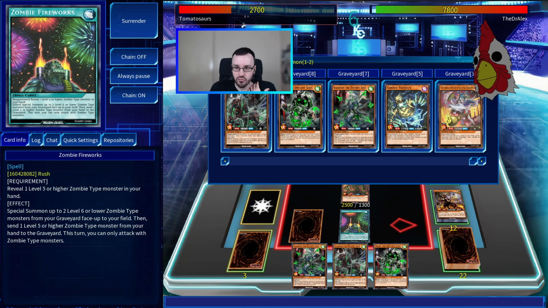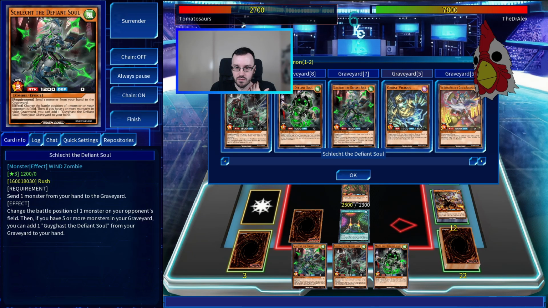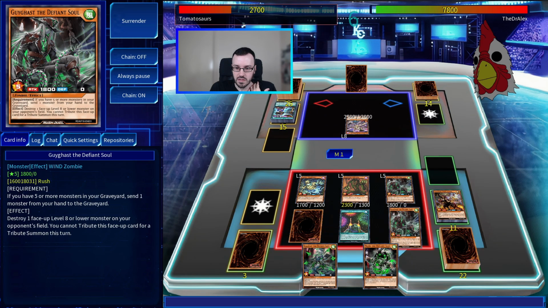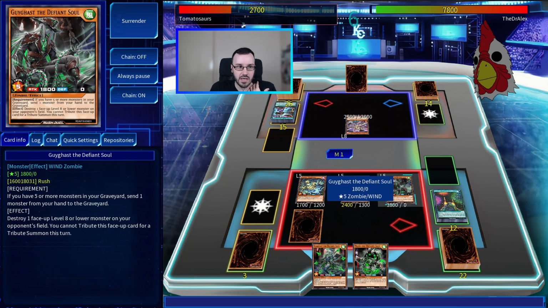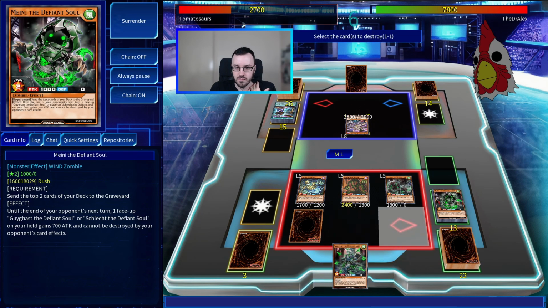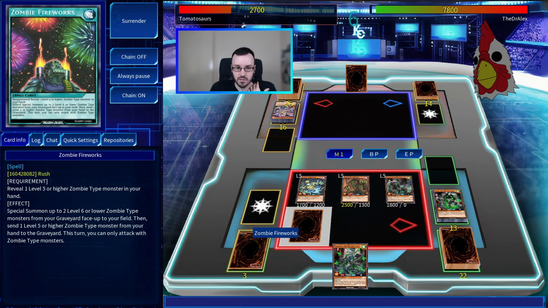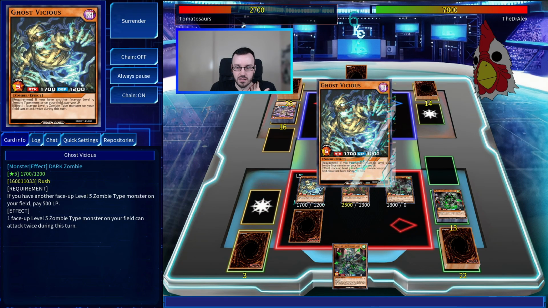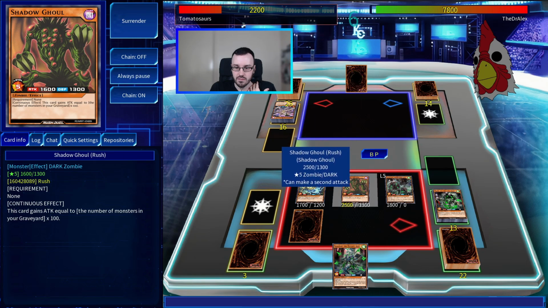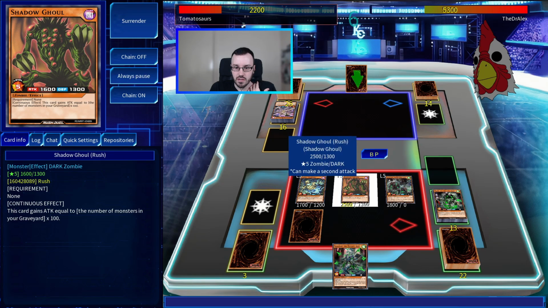Then I can bring back Ghost Vicious and Geighast. And send this Geighast to grave. Then we can activate Geighast effect. Discard to get rid of this. Then we can activate Ghost Vicious effect. We'll add this to attack twice. And I believe that should be